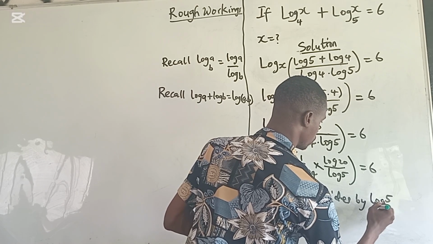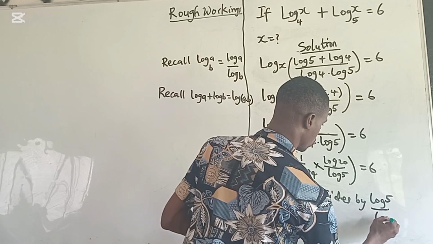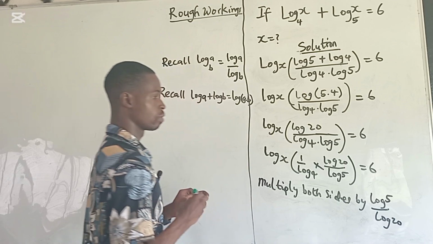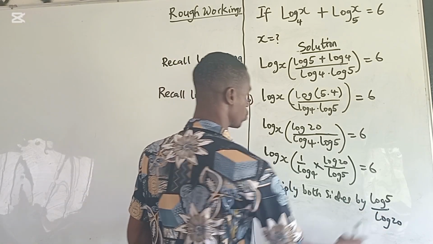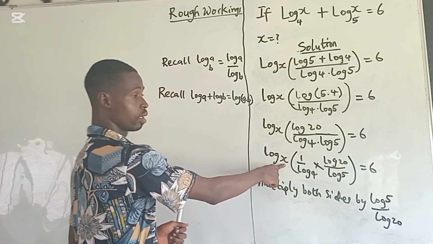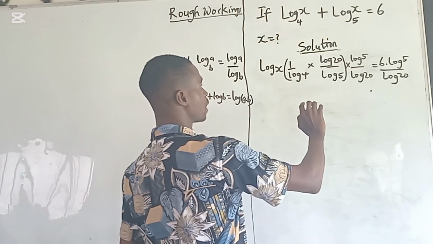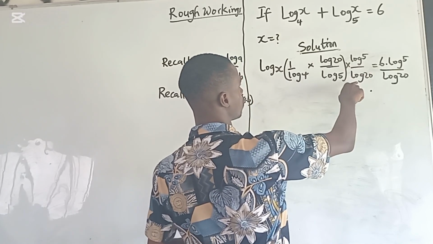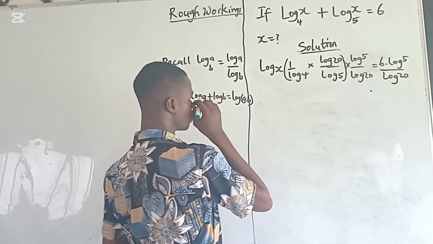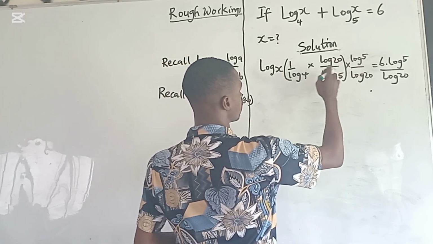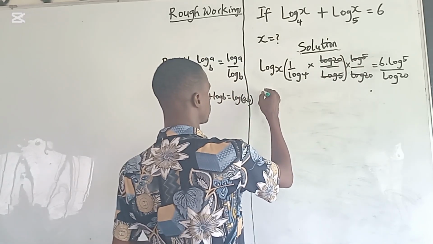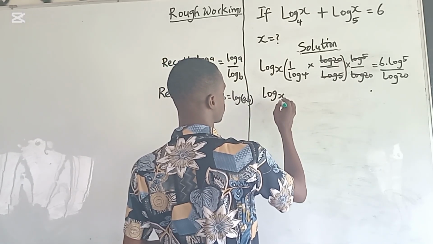log 5 all over log 20. So we are going to multiply both sides by log 5 over log 20 in order for us to simplify this better. What we are looking for is x. Multiplying both sides by log 5 over log 20, we get this. So now this we cancel, we also cancel this. So we'll be left with log x